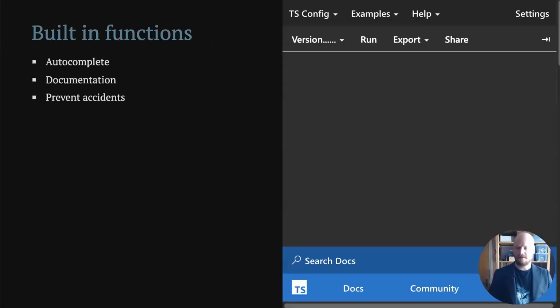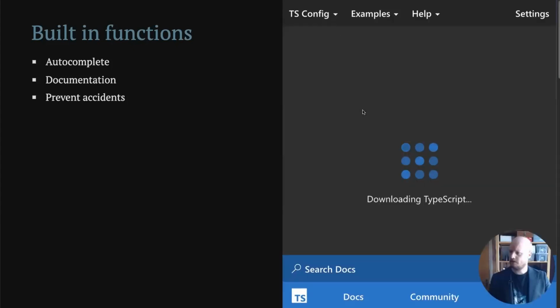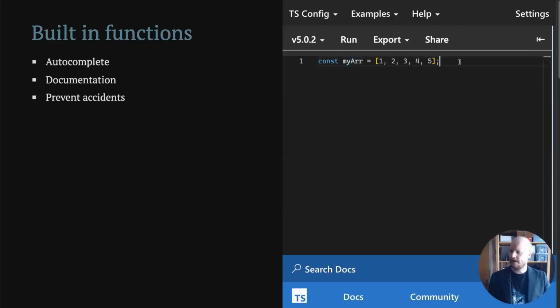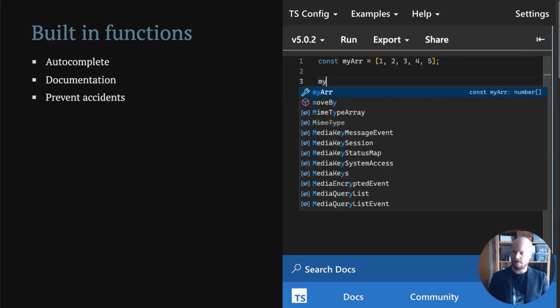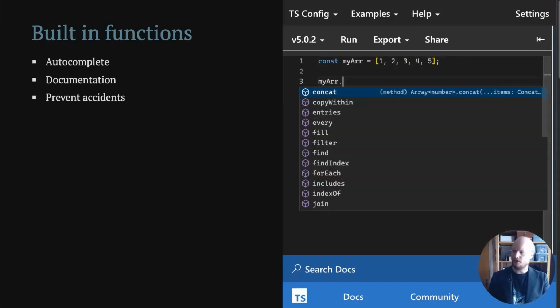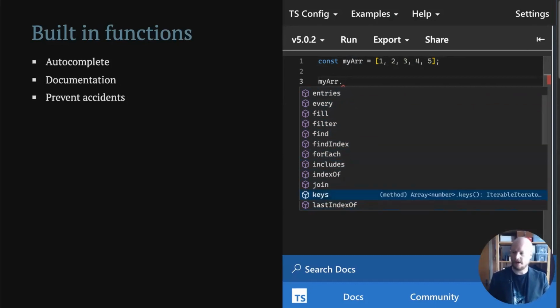Right, back to the array example. So if we have this, that doesn't work. There we go. Let's say we have an array here. And if I were to write my array dot, I will get all of the functions available for an array.